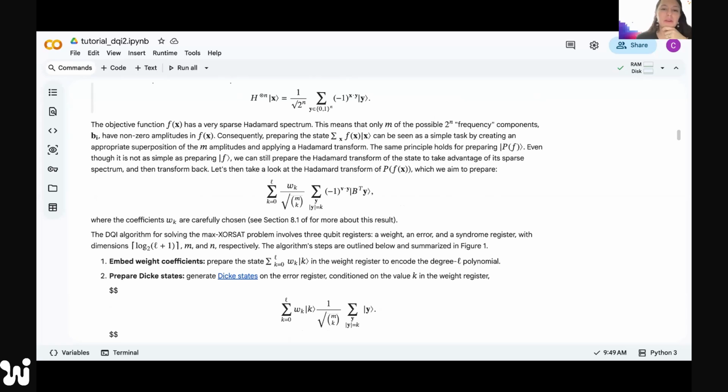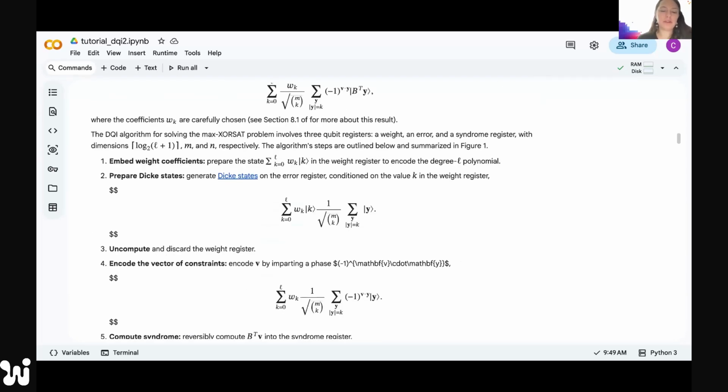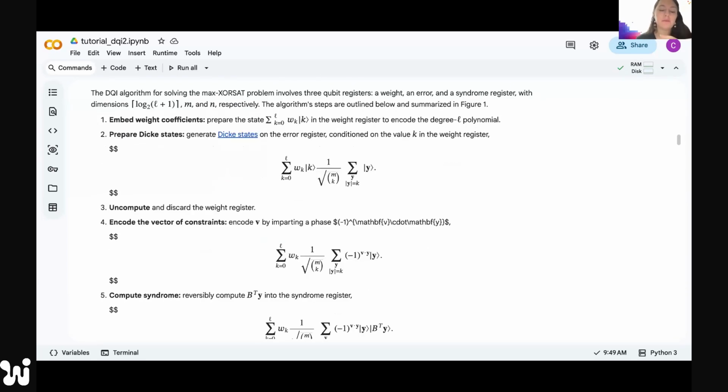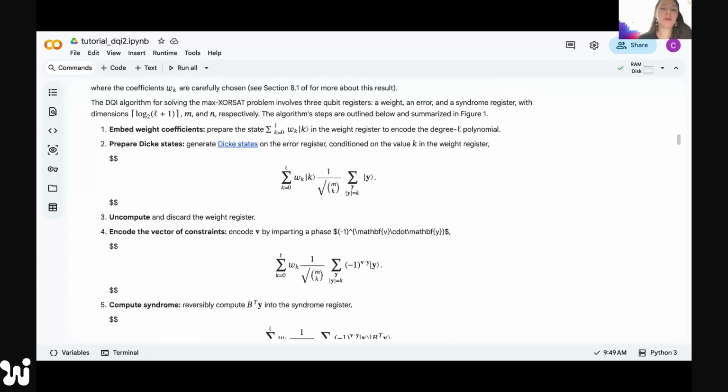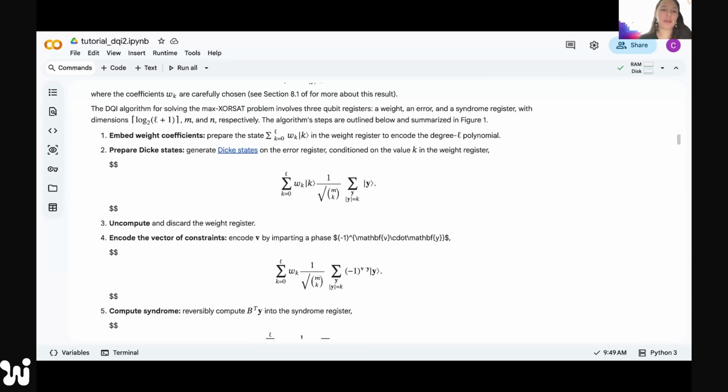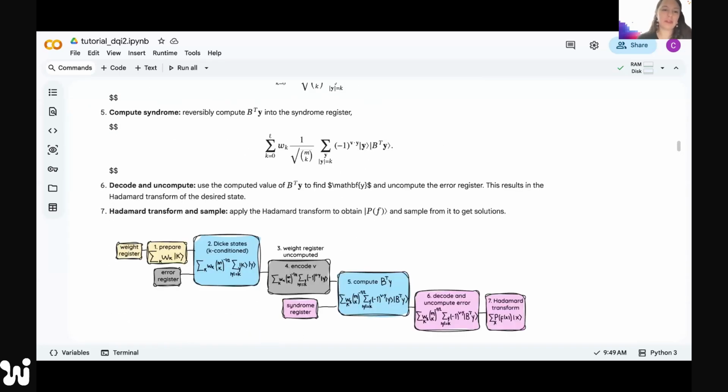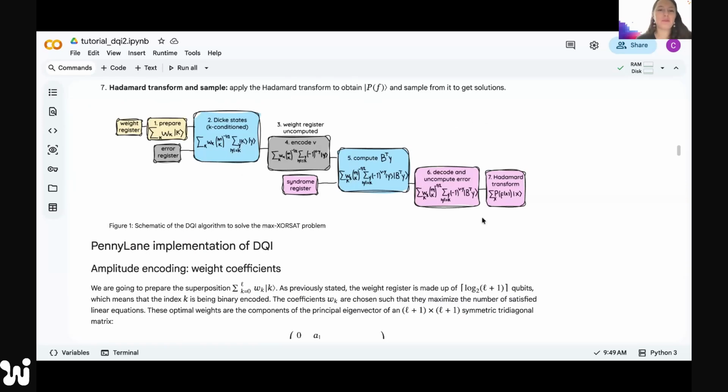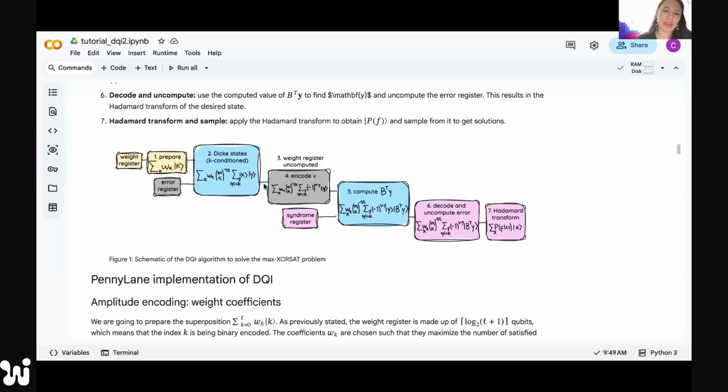Now for the algorithm, I'm going to skip a little bit of the details, a little bit of the math. You can look at this later. You have the tutorial. It's also on the PennyLane website if you want to see it there. The main part is how we do it in the code, right? And we're going to get back here if we need it. The thing that I like the most about this tutorial is this really nice diagram that tells you how the information is moving and what the process is like.